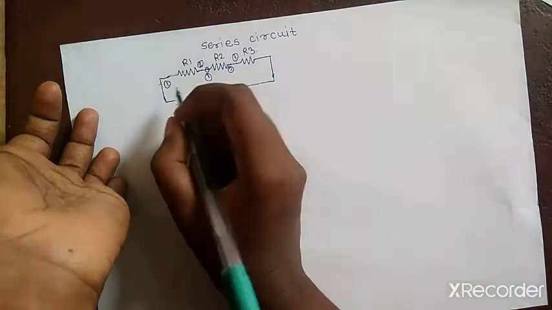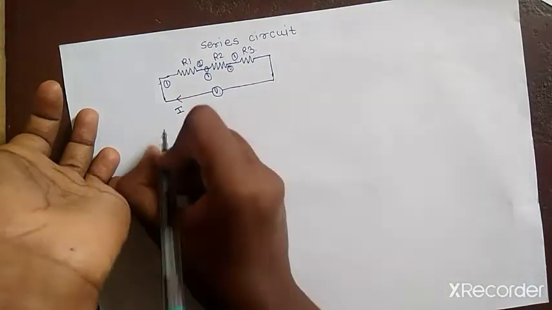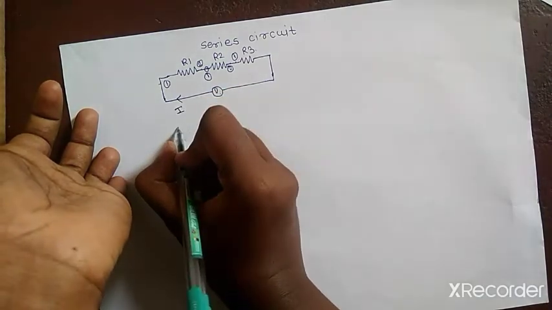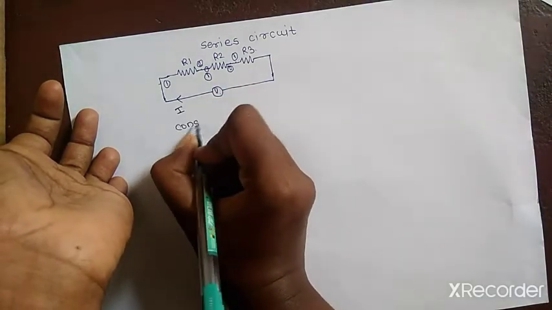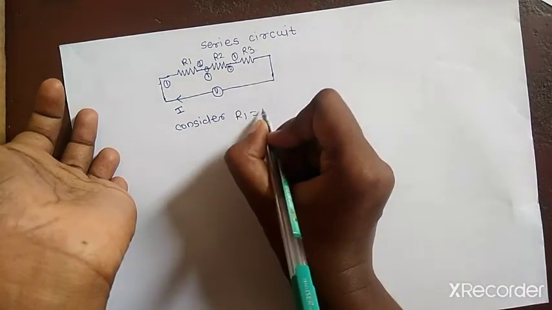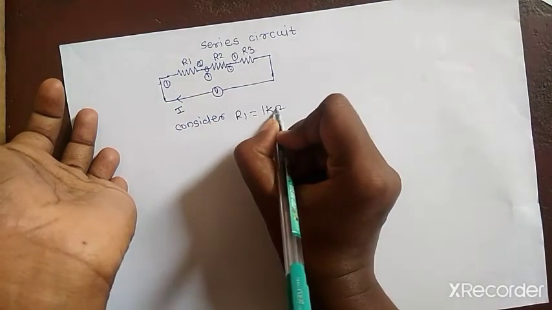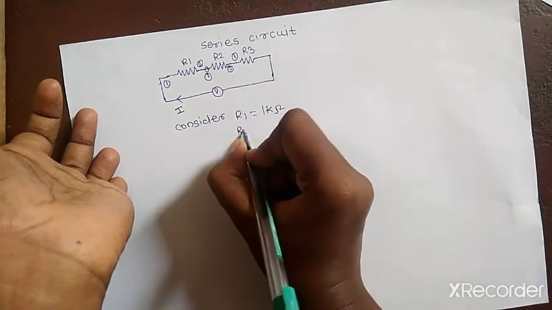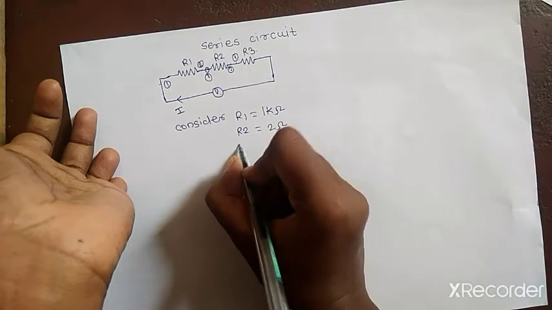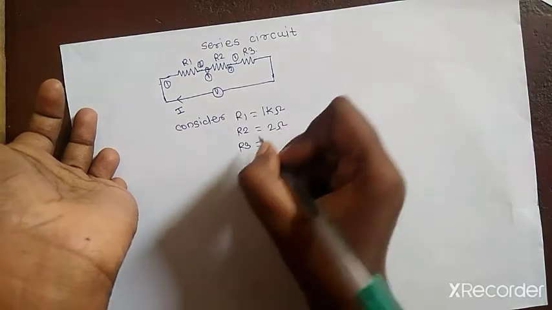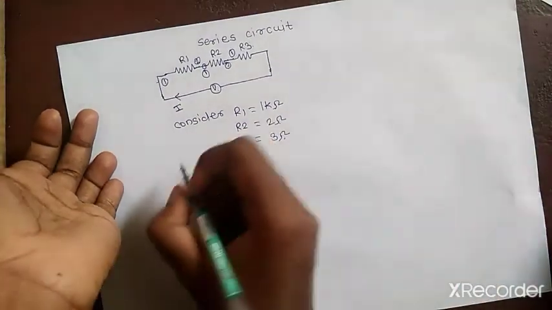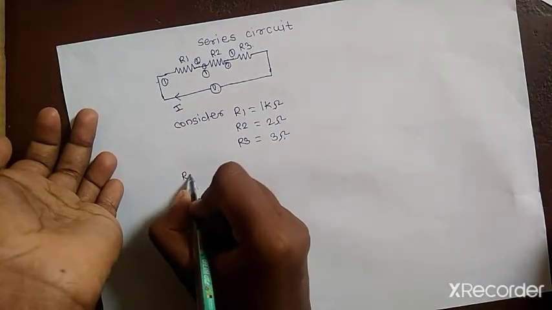How to calculate the total resistance of this circuit? So consider R1 is equal to 1 kilo ohm, R2 is equal to 2 ohm and R3 is equal to 3 ohm. So for total resistance RT,